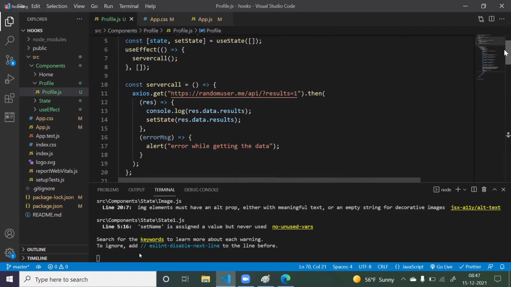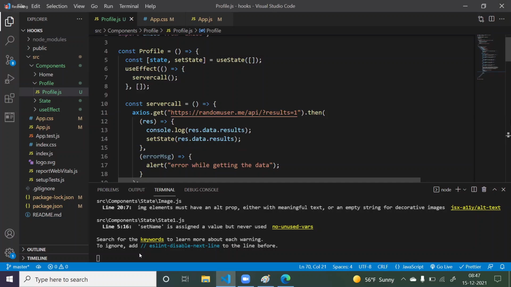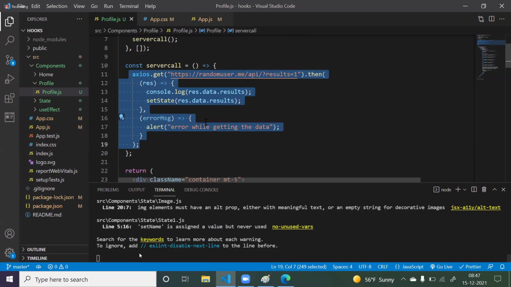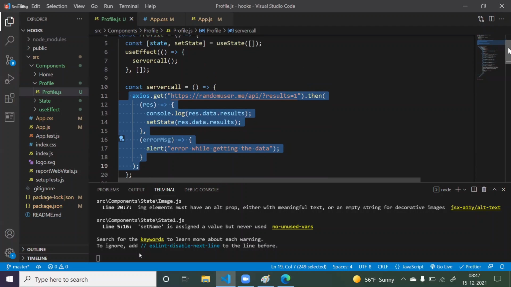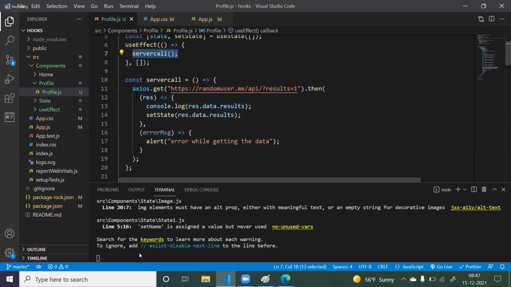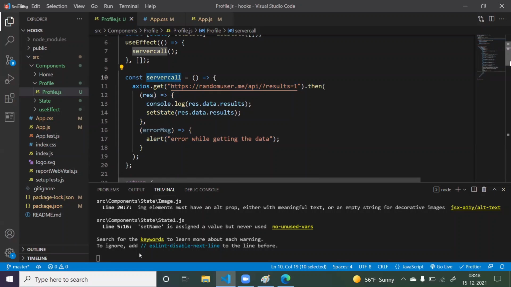Whatever logic we wrote in the useEffect, I have pasted here. I want to call the same logic on the button click also, right? I cannot call that lifecycle method myself. That's why I wrote it in a separate method, and I'm calling that method here plus on button click. So it's just a custom name. You can give any name you want. I've given server call, or you can write something like get data from server, whatever name suits.